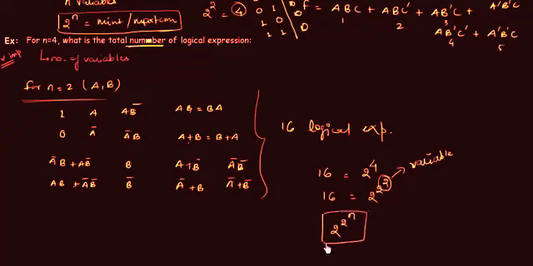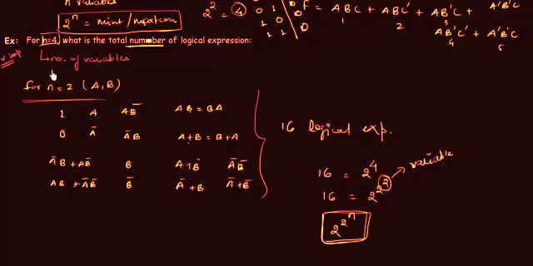So this is a very important thing that you should remember. You can directly find out the number of logical expressions when you have 4, 5, 6 variables, because you cannot write all these possibilities. We can do it for two variables easily, but when the variables increase, it is very difficult to write all the possible logical expressions. So you can remember this formula 2 to the power 2 to the power n, where n is the number of variables, and you can have your answer.